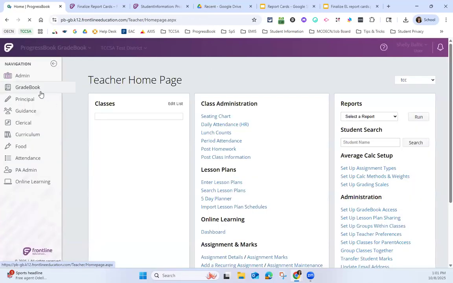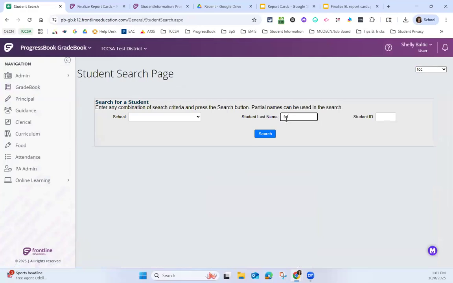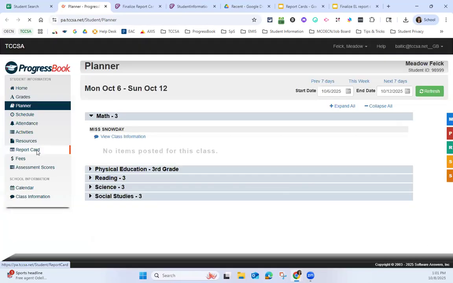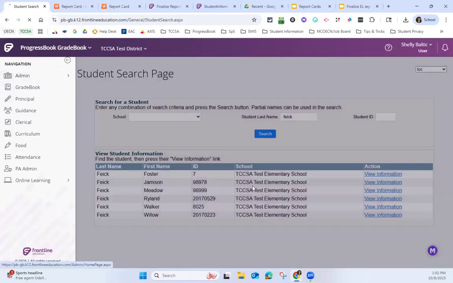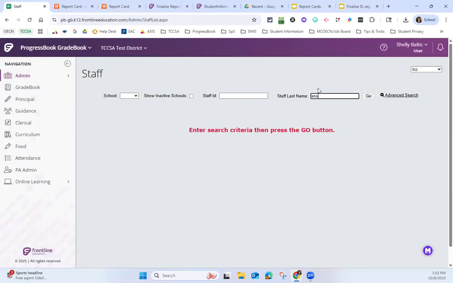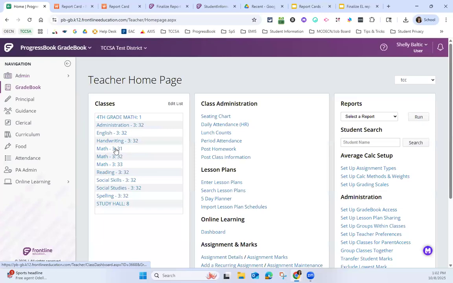We already know that when we are looking at a student, if I go to parent access and look at my student, their report card information is here and it populates a PDF. We also know that if I had a teacher in context, which I'll do real quick, a teacher looking at their screen and at a specific student also has access to see the student. So if they click on any student and go into their profile in GradeBook,